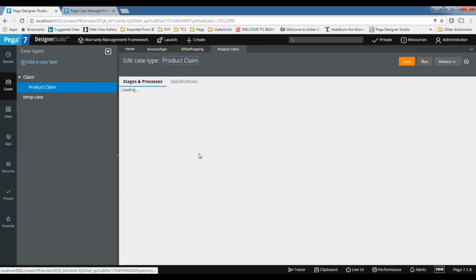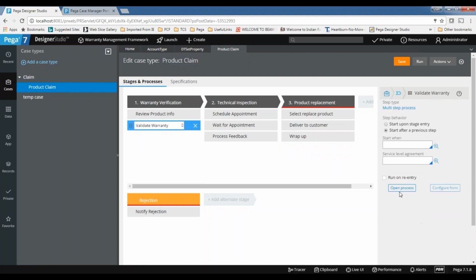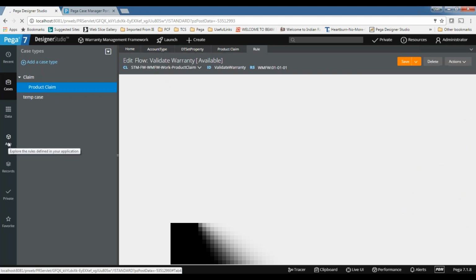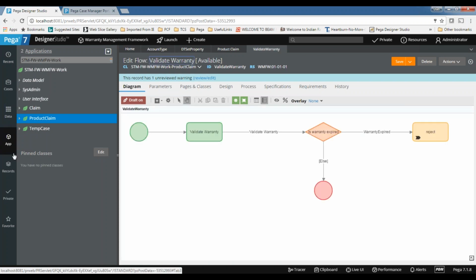Subhash, is there any hierarchy, saying that we have different explorers, like Case Explorer, Data Explorer, App Explorer? So should we be able to create a decision table only from the App Explorer, or are there no such restrictions, or can we build rules from anywhere? No, all the rules can be created from the App Explorer only. So the rules creation will be done by App Explorer.